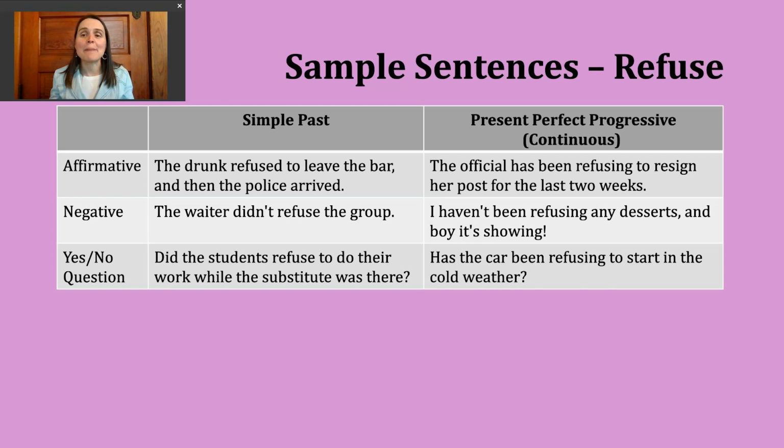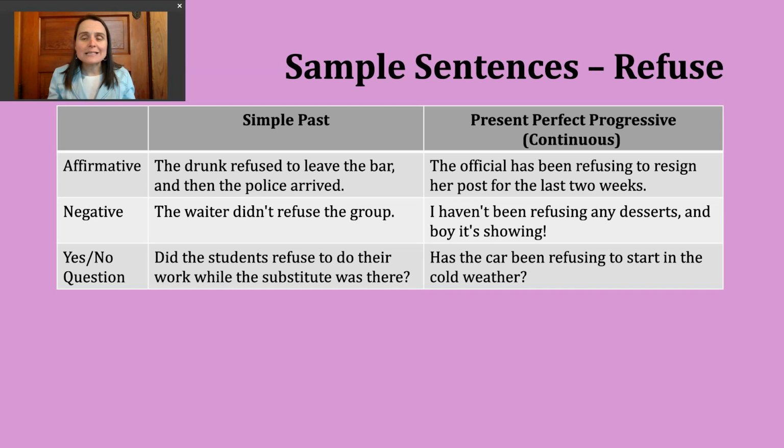Now let's talk about the present perfect progressive. We use this verb tense to talk about actions that have started in the past and are continuing into the present. I stress with my students present perfect progressive. The three P's there are going to help me remember I need three parts to make my verb. So I'm going to have my subject, then I will have or has. That's part one. Then I use the participle been, B-E-E-N, and then I use the ing form the verb.